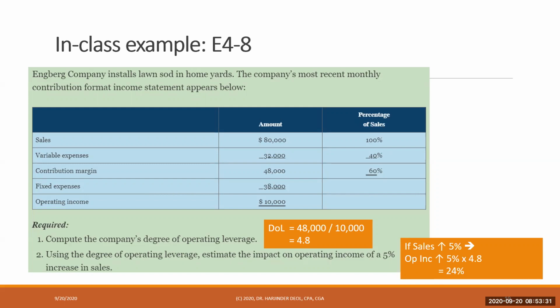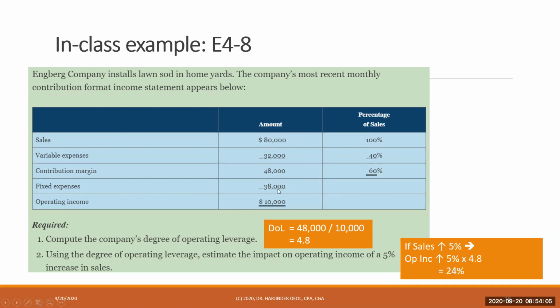And you can check that math. If sales were to go up by 5% from the current level, contribution margin will go up by 5% as well, because if sales go up by 5%, the total variable costs will also go up by 5%. So it is important to look at the change in the contribution margin. If sales goes up by 5%, contribution margin will go up by 5% as well. 5% of 48,000 is